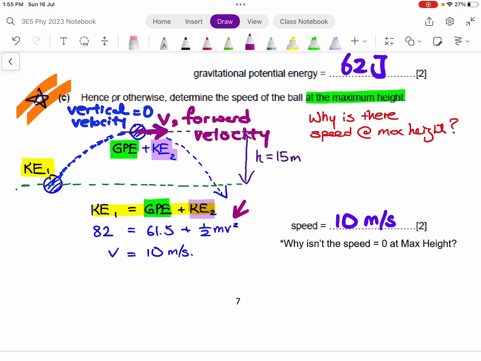Okay, but don't worry, this two-dimensional kind of motion where you have the vertical velocity and the forward velocity is not really in your syllabus. Okay, you will learn that in your